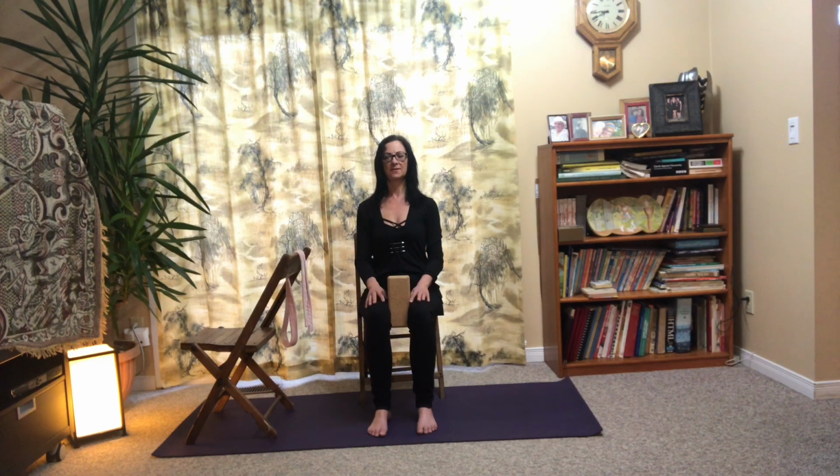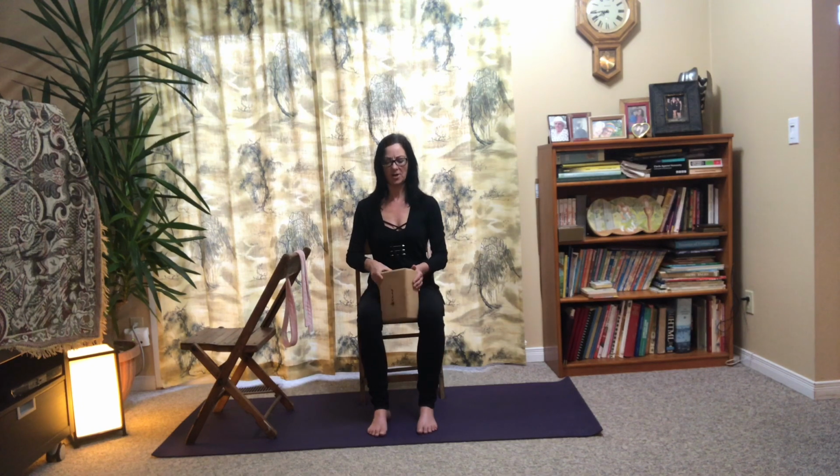We're just squeezing that block. And then we're going to bring the block into a little bit bigger position, and then we're just going to actively squeeze in and out. Squeezing. We want to work these thigh muscles. We want to keep them